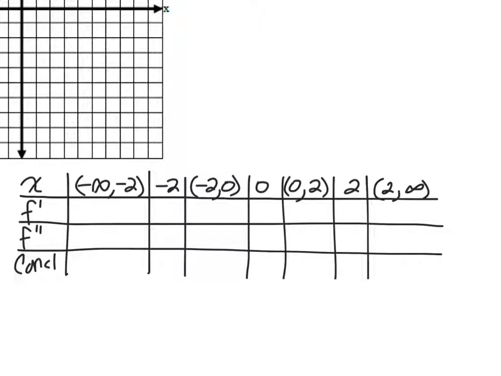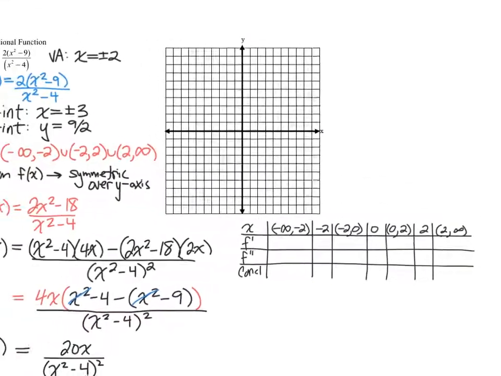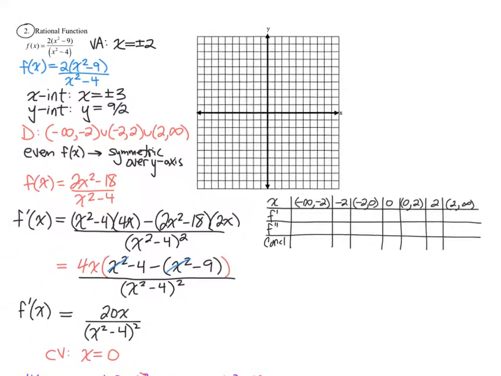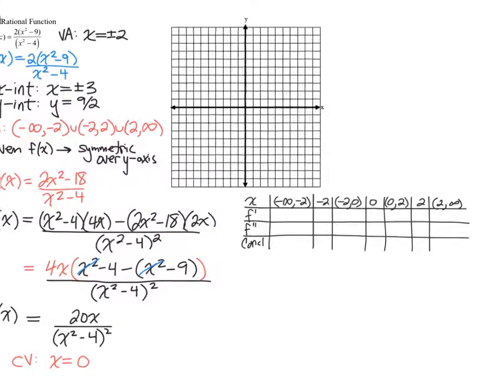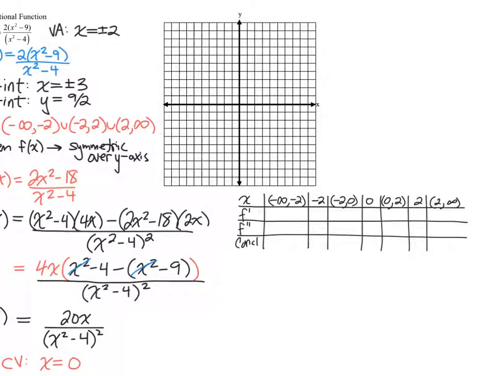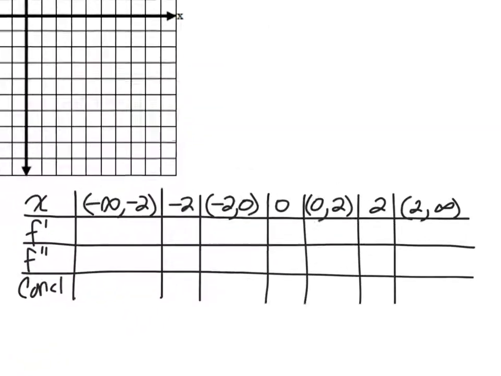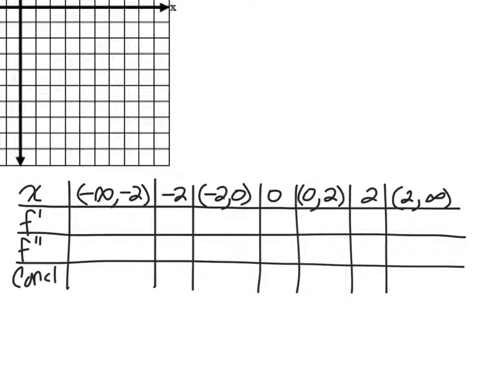There's a 20? There was a 20x. Oh, and it was 0. Sorry, and it was 0. Oh my god, I don't know why I wrote 20 instead of 0. Okay, so I know at negative 2 and 2 I have vertical asymptotes,